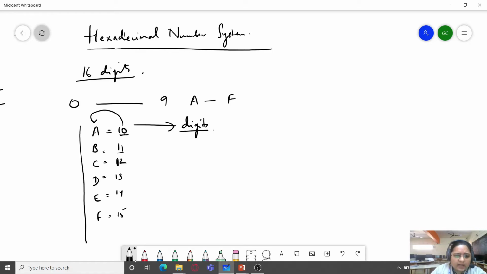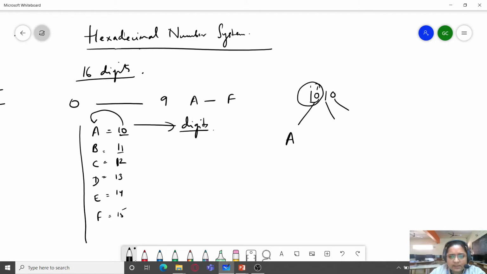Now, why have these alphabets been used in their place? The reason is, if I want to represent a hexadecimal number consisting of the digit 10, then it would be the number 1 and the number 0. Here 0 is a digit, 1 is a digit, and I want to consider 10 as a single digit, but the computer won't understand that this is one digit. Rather, it will consider each of its constituents as individual digits. So just to differentiate between the number 10 and the digit 10, 10 has been represented by A.